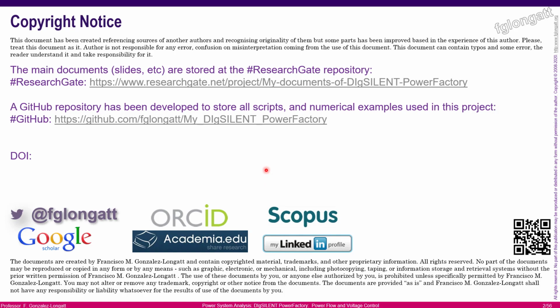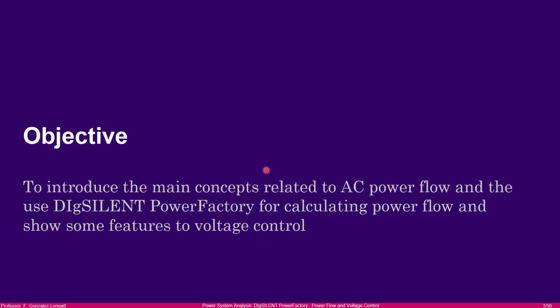Okay. Well, let's go for the class today. What is the objective? Well, the idea today is to introduce the main concepts related with the AC power flow. Basically, today is the classical AC power flow using positive sequence, three-phase system, balanced systems. Okay, and then we will use DIgSILENT PowerFactory for calculating some power flow and show some features related with PowerFactory